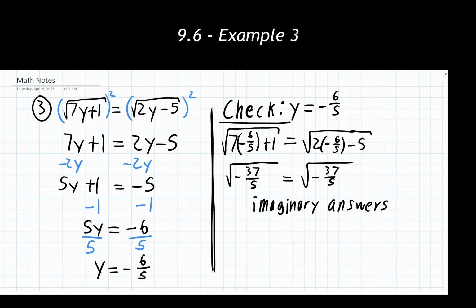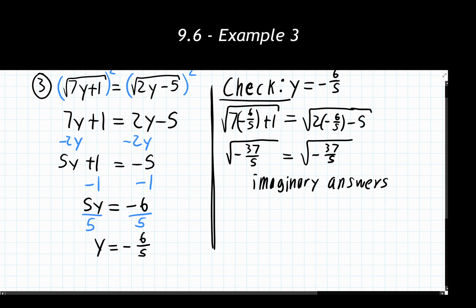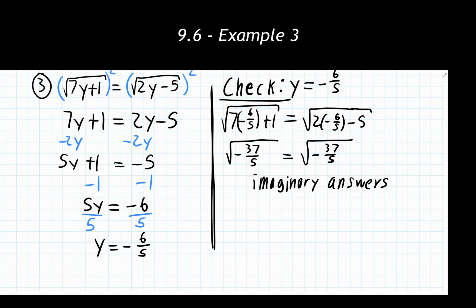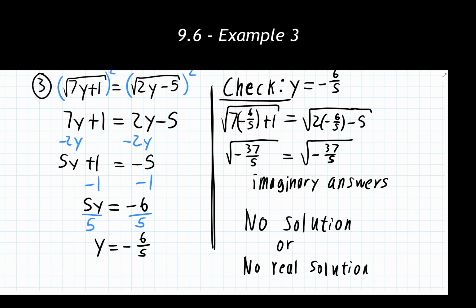These are referred to as complex numbers, which we get to in a different section. But because I have no real answers to this, only imaginary ones, I'm going to write out my final answer here: no solution. You could also write it out instead, if you wanted to, as no real solution as well. Make sure you're clarifying with your instructor which one of these answers they would want, but either of them